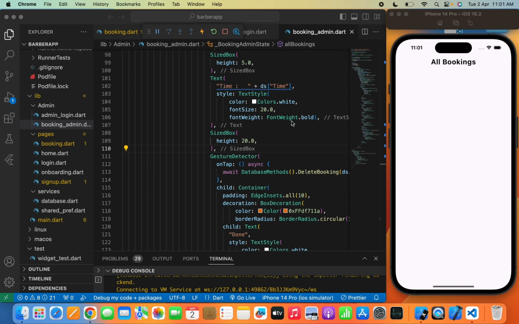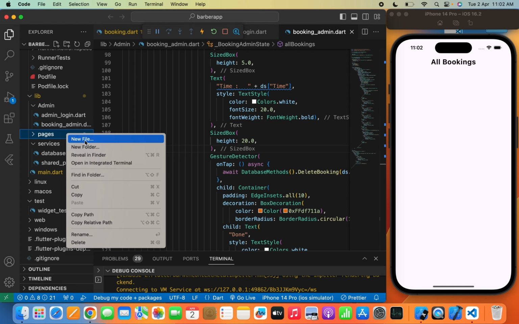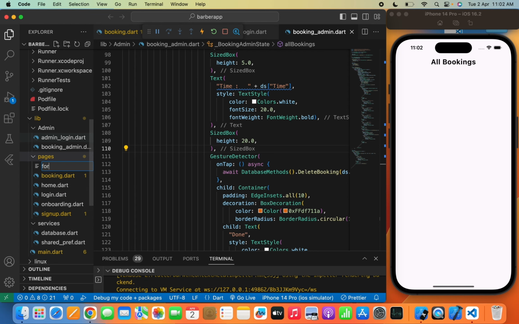The final segment of our Barber booking app series is the forgot password screen. So we are going to first make the UI of the forgot password page, then we are going to add the backend for the reset password. So let's move to the pages folder and we'll create a new file named forgot password dot dart,